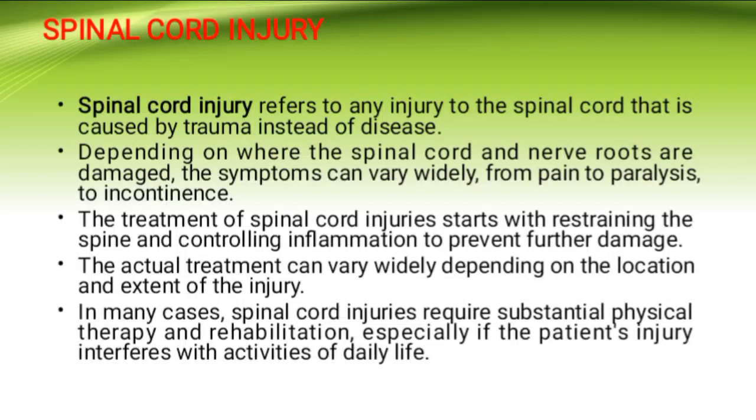Sometimes trauma comes as a result of accidents, or maybe an external object has hit a person to an extent that it has even damaged the spinal cord. The trauma as well as the bleeding that will start up is what we call the spinal cord injury. This is an injury that occurs in the absence of a disease. It is just an injury done through trauma, through accidents and whatnot.